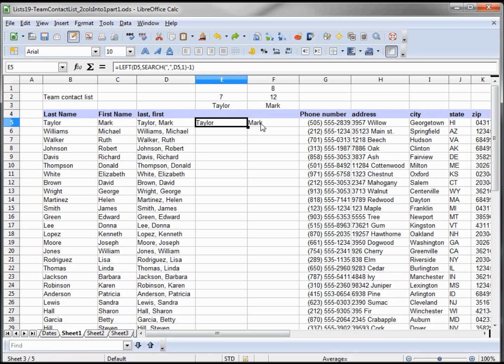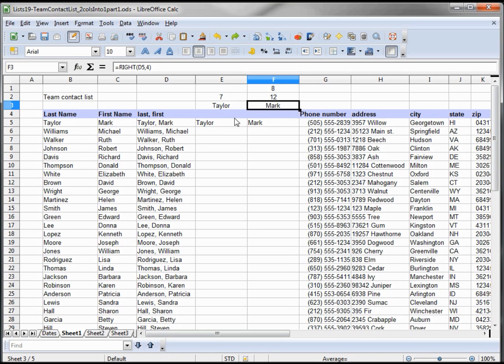And then for Mark, we're going to the right, D5, length, D5 minus, find the space, comma, D5, 1. Let's take a look at Mark. Basically, we're saying go from the right, from what's in D5, and then grab off 4, M-A-R-K, 4 digits.